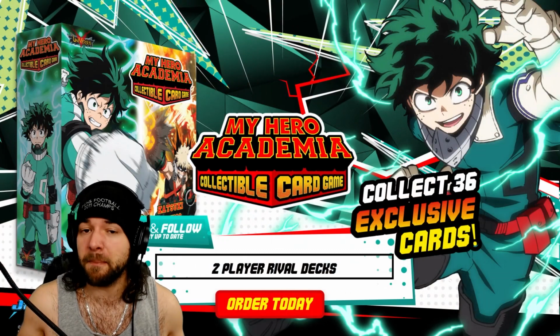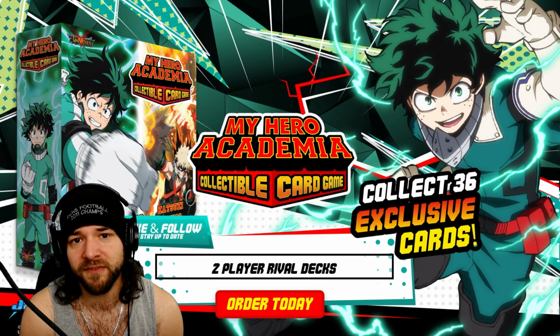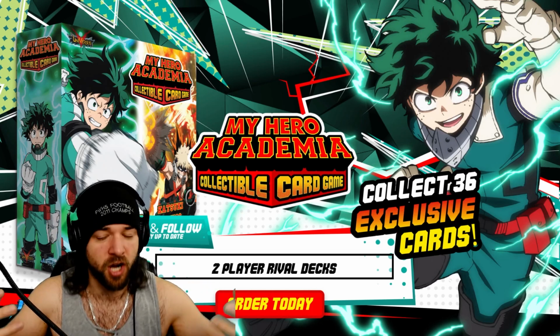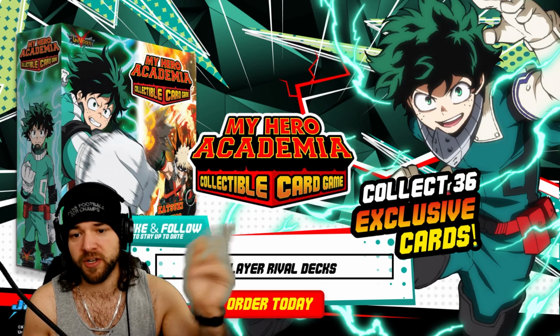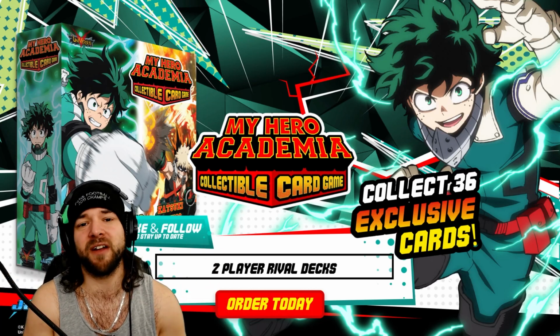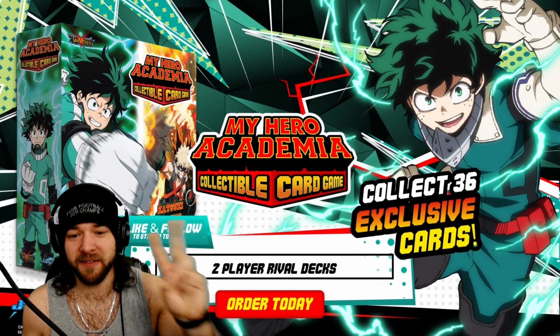Then we do have a supplementary product on top of the main booster set. So we have these Rival Battle Decks here, meant to really give you the opportunity to jump into the card game. You get 51 pre-made decks, 2 of them, one of which will be Bakugo and the other Midoriya, which is very typical, one of the very first rivalries in the show, as well as getting 2 random ultra rares, which is